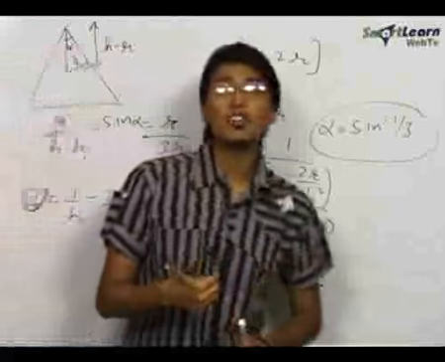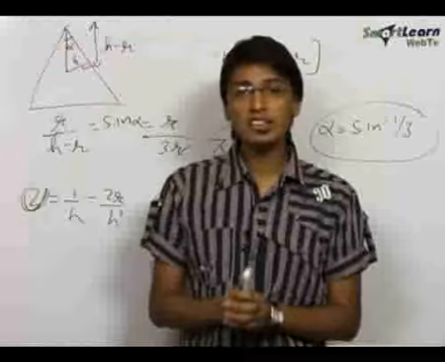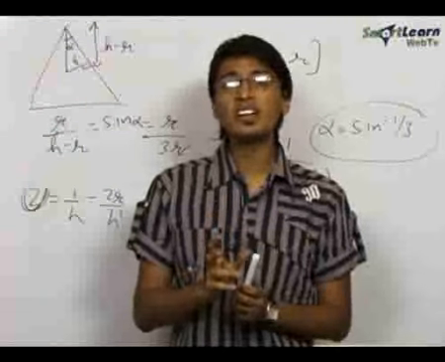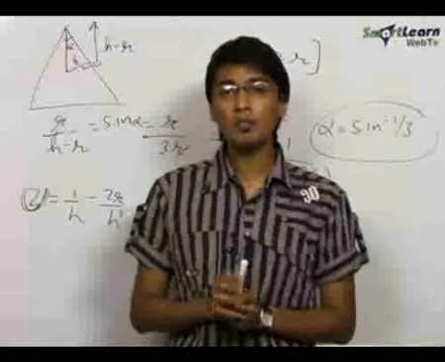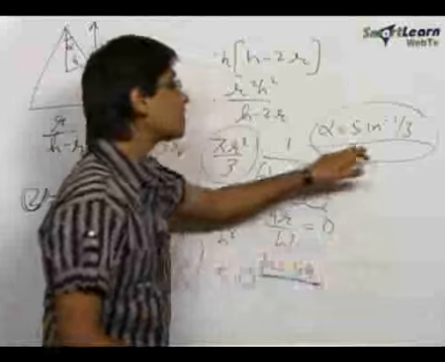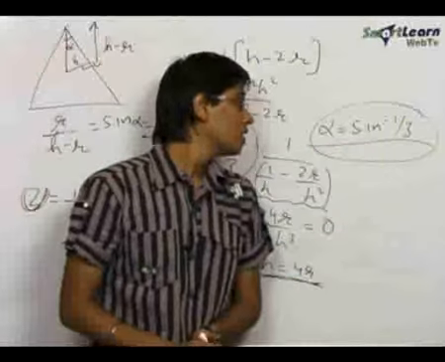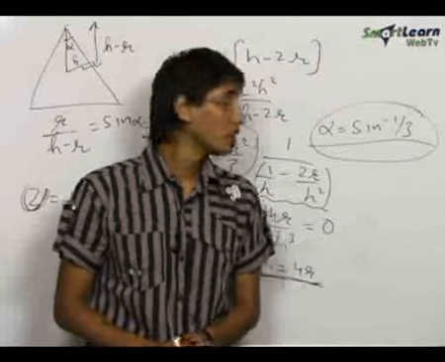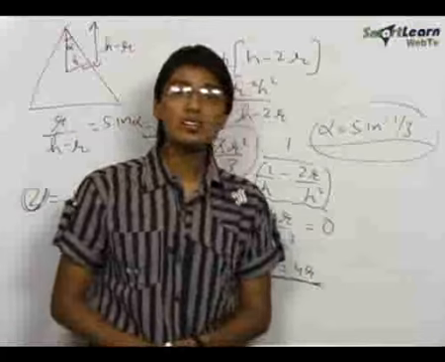Hence in this problem we saw how utilizing the data given in the problem and using some of the geometry, in these kind of problems of maxima and minima, we could very easily solve the questions, and hence our final answer in this case is the semi-vertical angle of the cone comes out to be equal to sine inverse 1 by 3.